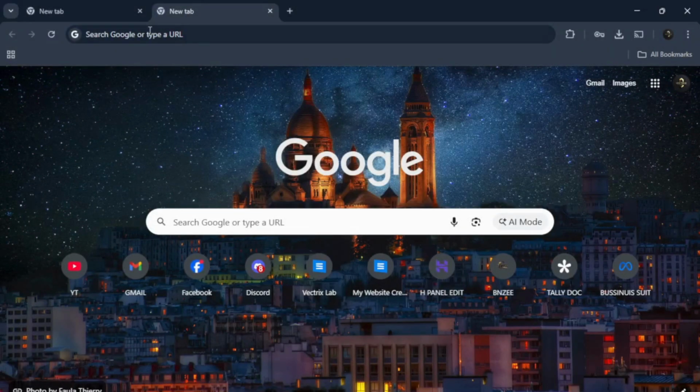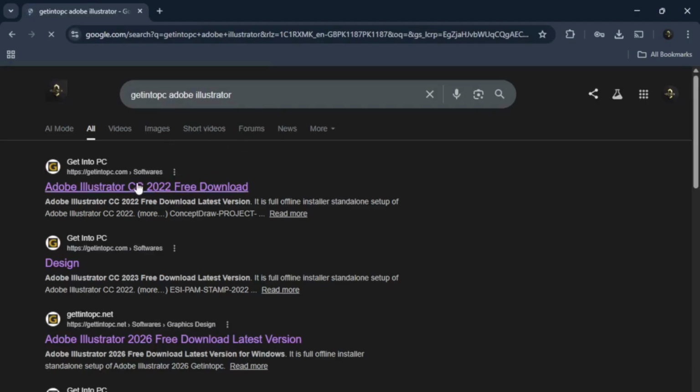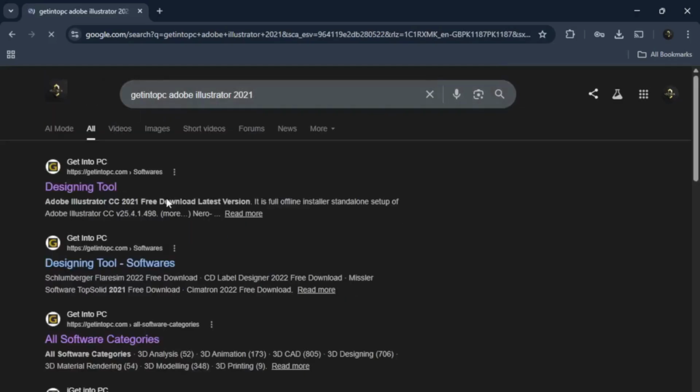So let's get started. First, go to your Chrome or Google, then search for "download Adobe Illustrator for PC." When you hit Enter, you will see many versions. Add 2021 and then press Enter. Click the first link that comes up, and you will see